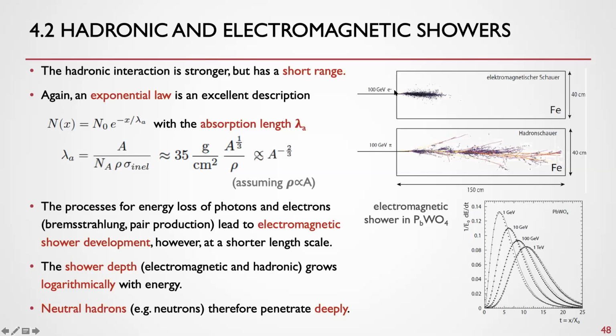So above a certain energy, you will just have pair creation. Below a certain energy, you'll have Compton scattering and secondary ionization. That gives a predictable electromagnetic shower on a short length scale. However, if you have a hadronic interaction, you can of course produce electromagnetic showers, and you see those inside here. There are electromagnetic shower components that look like here but spread out, and the spreading out comes from